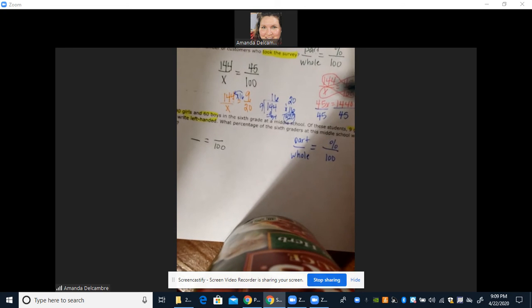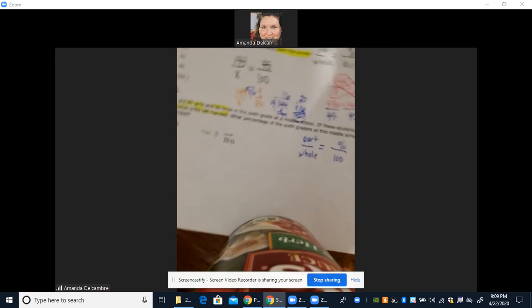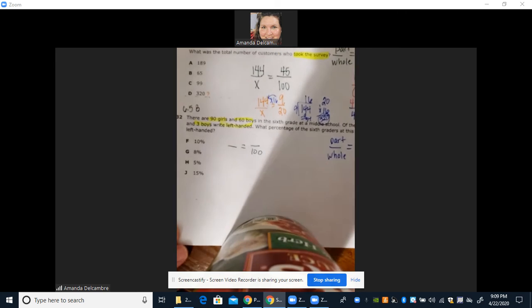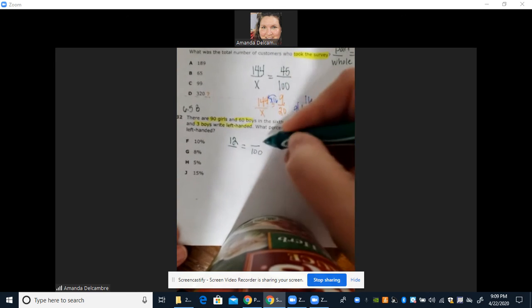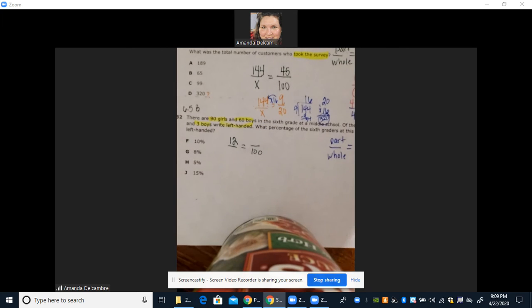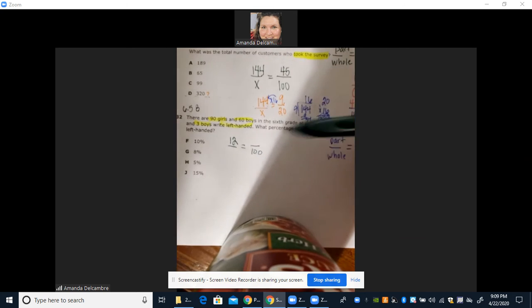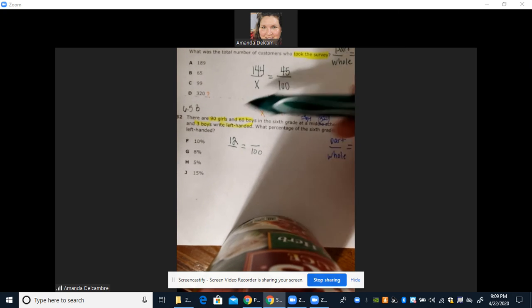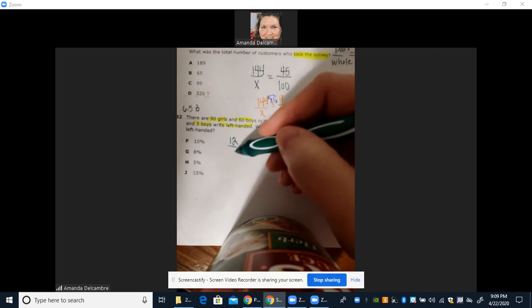Well, there's 9 girls and 3 boys, so there's 12 people in that whole school that are left-handed. But how many out of that whole 6th grade? Sorry, there are 90 and 60, so that's 150